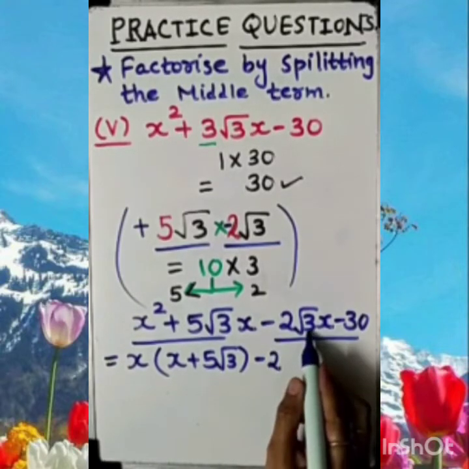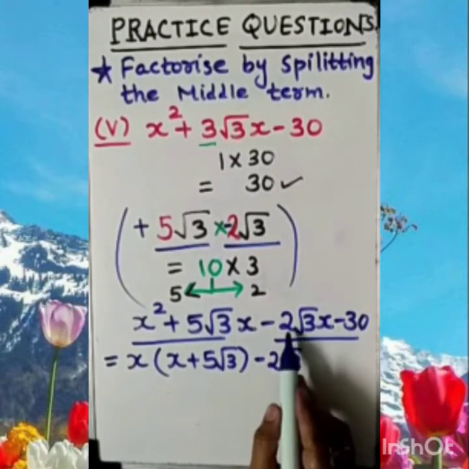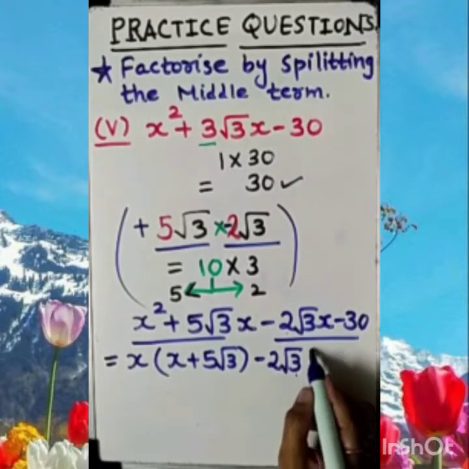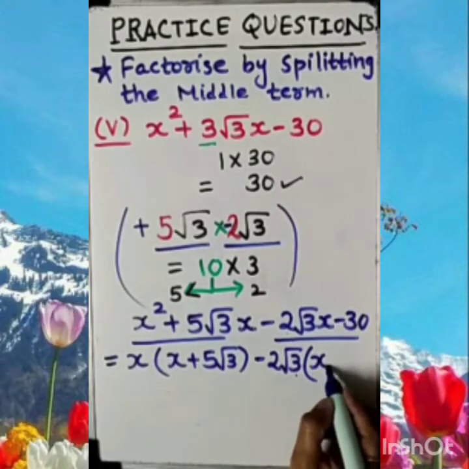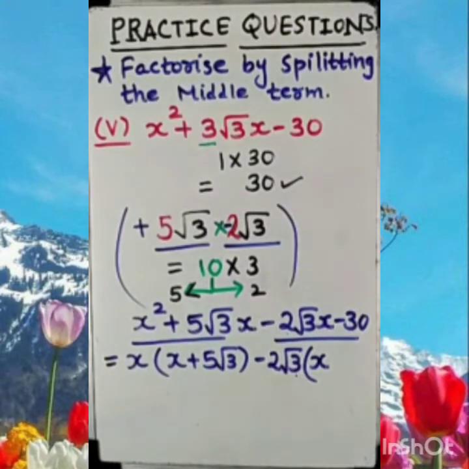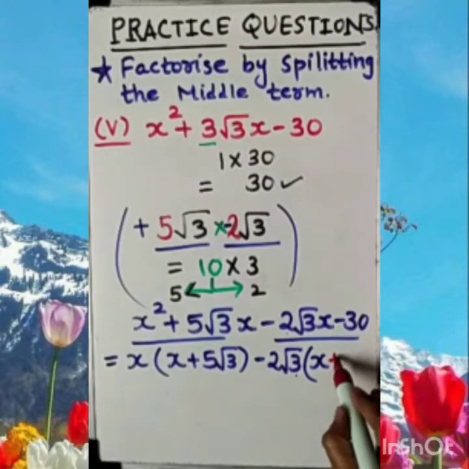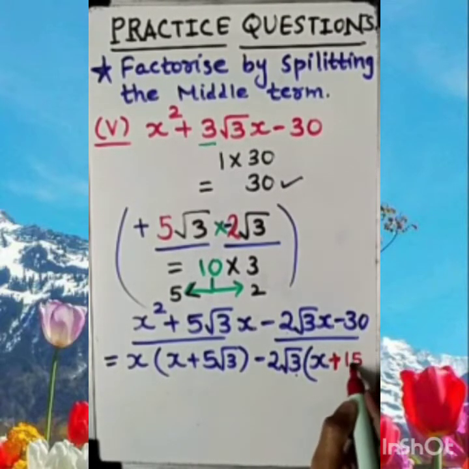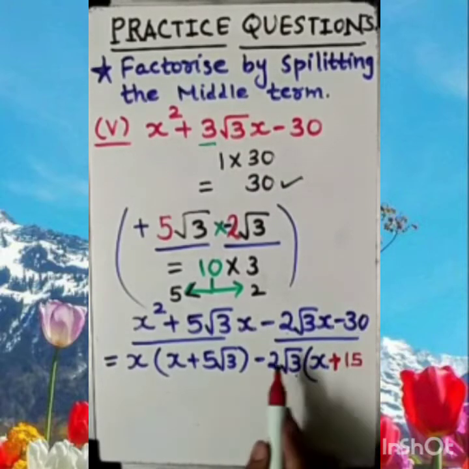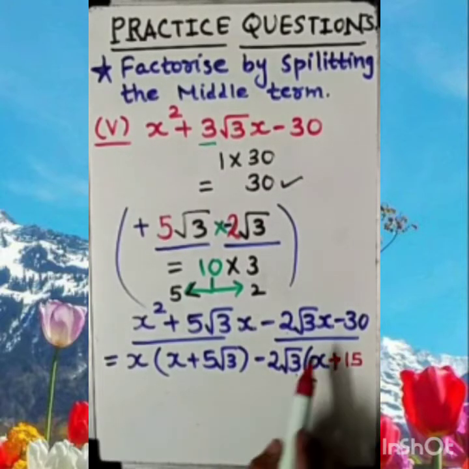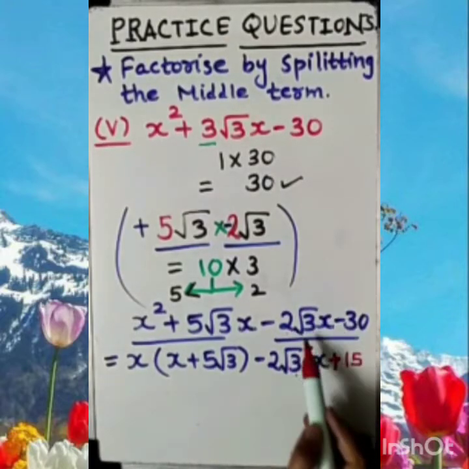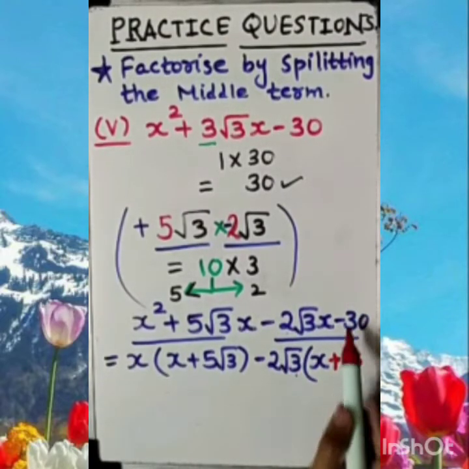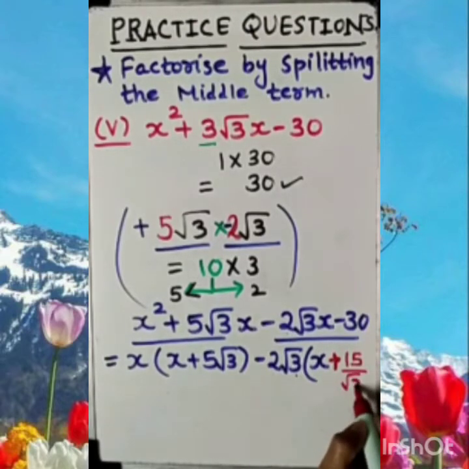Now here you can see 2 we can take out common, but along with that, I take root 3 also common, because 2 is possible, but what about root 3? So I need to mention here x. As we know that here it is minus, so here it will be plus. The sign will be plus here. Now here 30, from 2 we have already taken common. So you will say, ma'am, 15 will be left, because 15 times 2 is 30. So 15 will be left. But root 3 we have taken common from this, and here it is not available, so with the same number we need to divide.